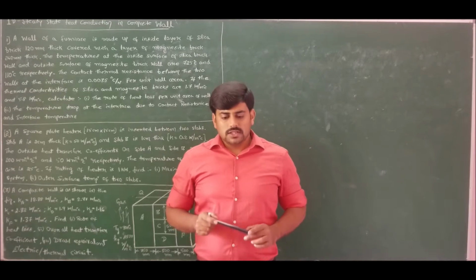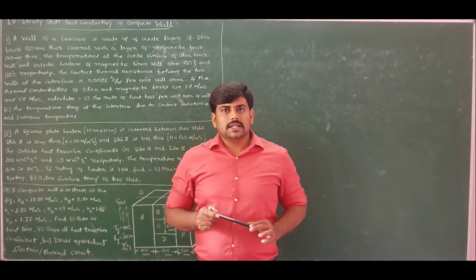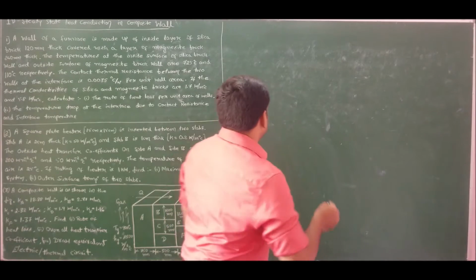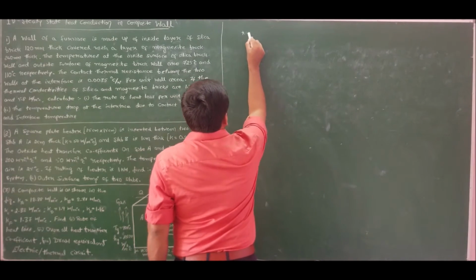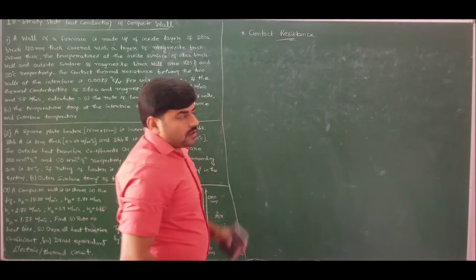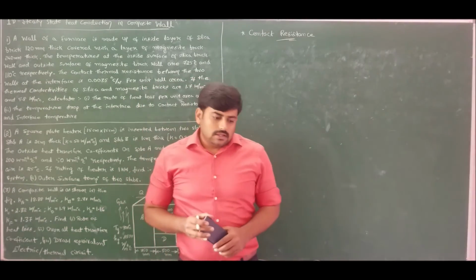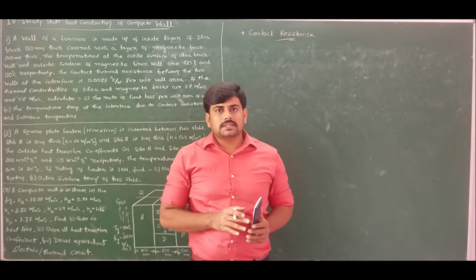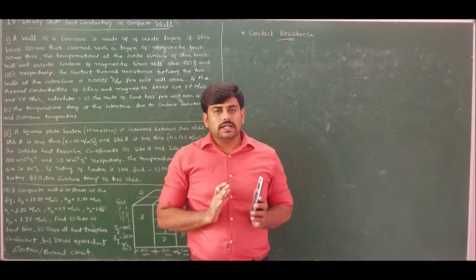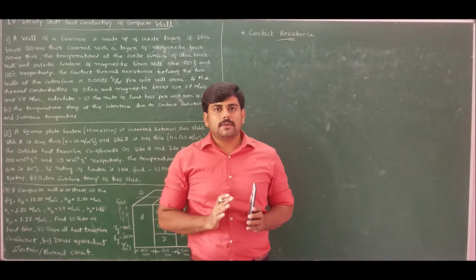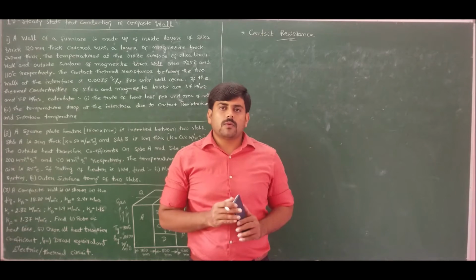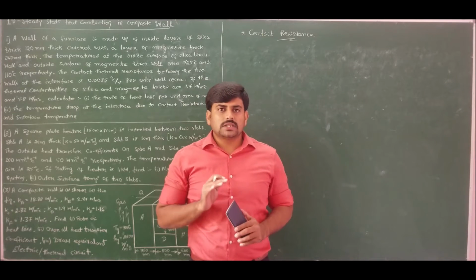Before starting to solve problems on 1D steady state heat conduction, I want to address two important concepts. The first one is contact resistance. If I consider heat transfer through composite walls, that is multi-layered walls, it is based on the assumption that the interface between the walls is perfectly connected, the temperature is constant at the interface throughout the surface area, and there is continuity in heat flow. But in actual conditions, this is not true.